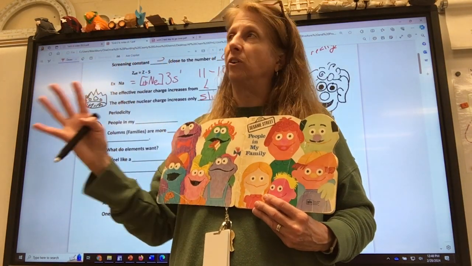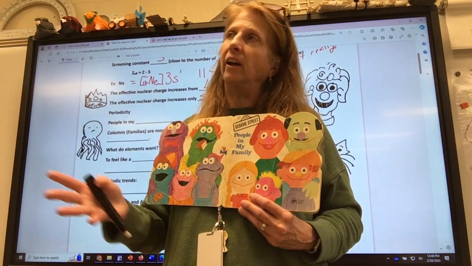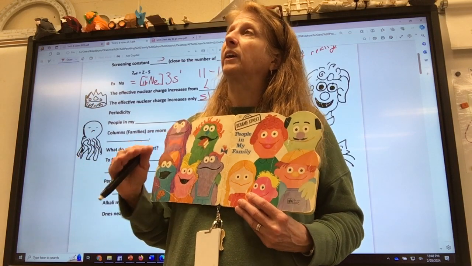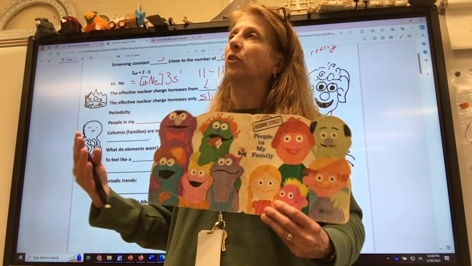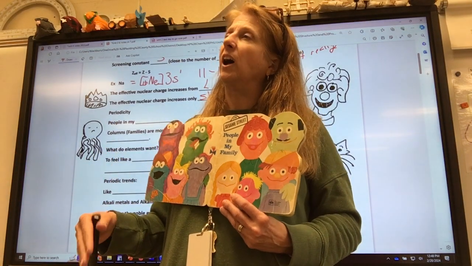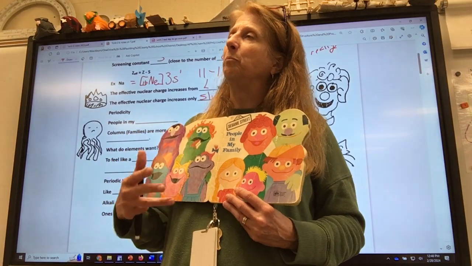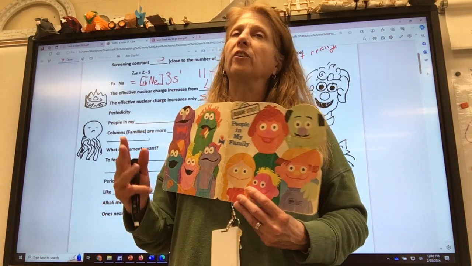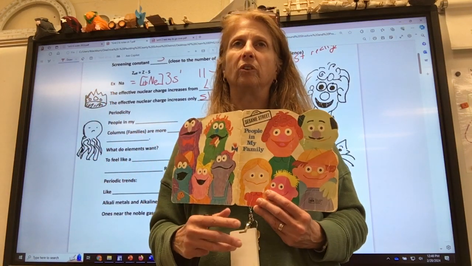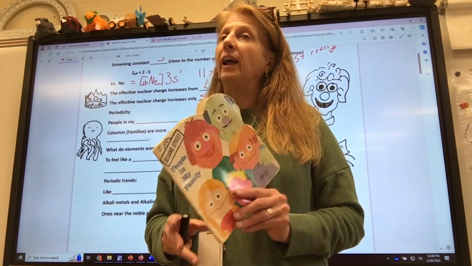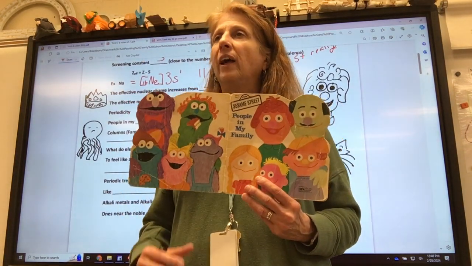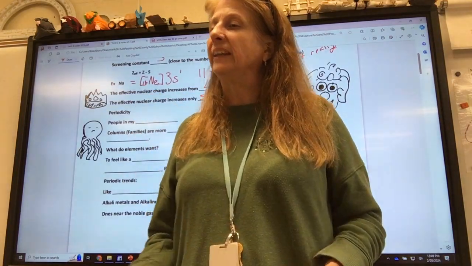The noble gases are alike. The halogens are alike. The alkali metals are alike. But they also have somewhat similar members. If you look at the tops of most columns, a lot of them are so small that they're gas. The smallest one is gas. If you look at the bottom of the columns, most of them are so big they're radioactive. So there's a little bit of similarity in the periods also, not just the columns. Do you see that? But they're more like their family than they are like the representative member. And that is the chemistry idea of periodicity.